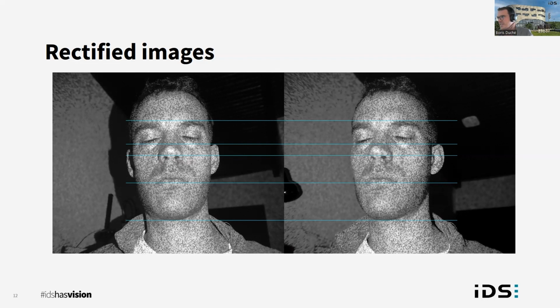So once again, this is an intermediate result. You get the two images out of the stereo camera. You perform the rectification of the images so that both images perfectly align, and then the matching algorithm can go through each line of sensor number 1 and find the corresponding pixel on the same line on sensor number 2.